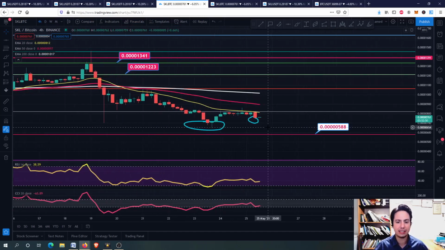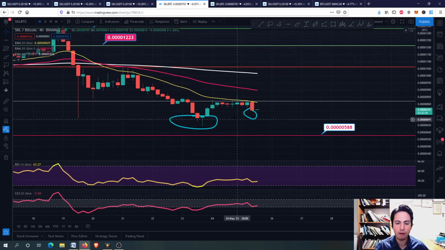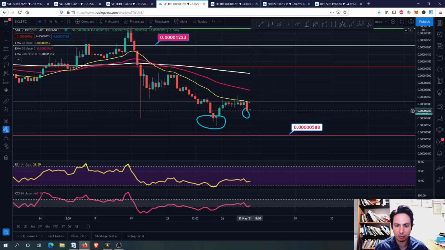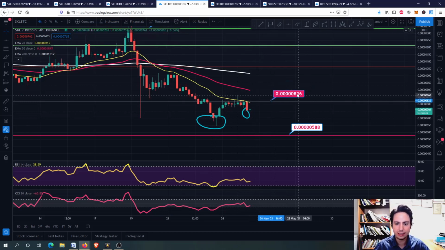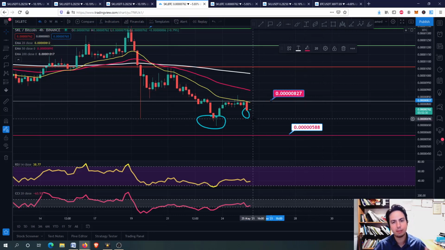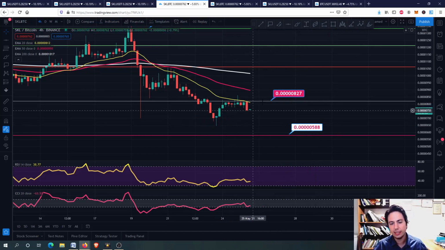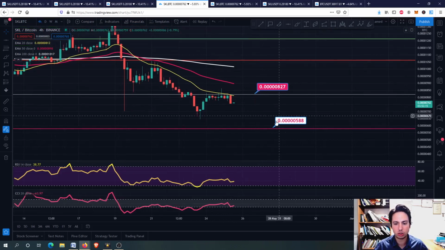And I will go to something that I didn't actually like, and that is the SKL against Bitcoin chart. Here we had this bearish candle. However, what we want to see right now is if we can manage to have some higher lows. For example, the next low should be around here, guys, so we can go upwards, and we need to break this resistance level 0.50827. This is the price level because we divide SKL price by Bitcoin's price. So right now what we want to see is if we can break a major resistance level, for example this. If we can't, then we are going down,